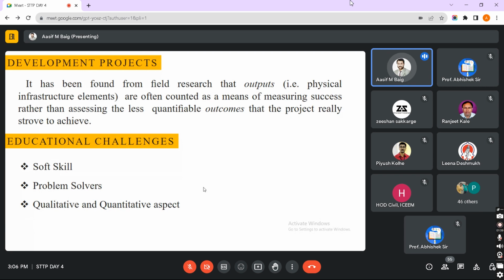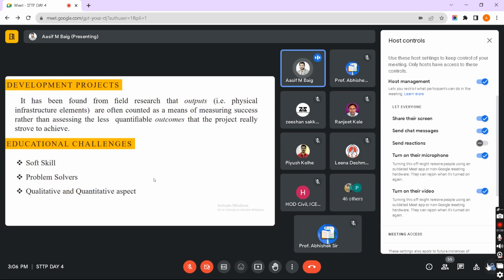So to be very effective in addressing the pressing problems facing global society in the 21st century, engineering education needs to evolve and embrace some of the soft skills